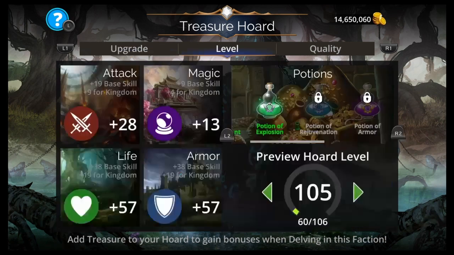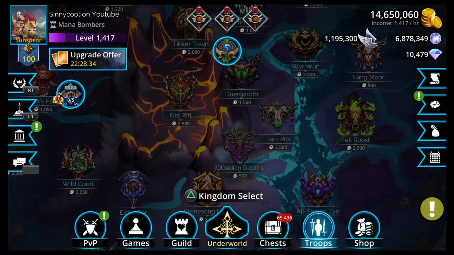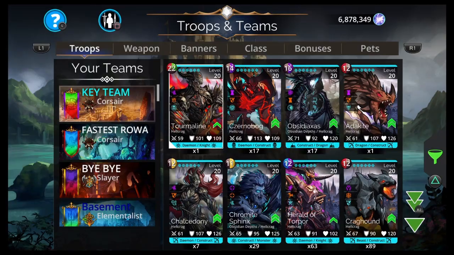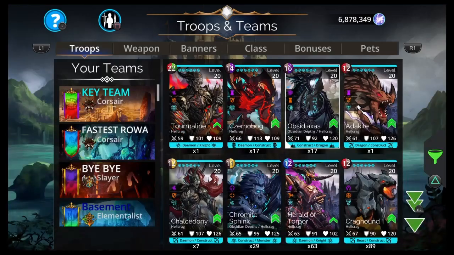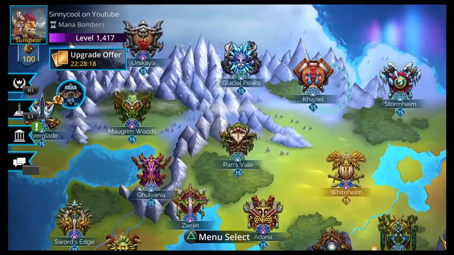We're on level 105. We need to go do our associated kingdom. We need to go check out what the associated kingdom is. It's probably... Anyway, you can go to your troops. You can go to just one of the Obsidian Depths troops. So Hellcrag is the Associated Kingdom. So now you want to go to Hellcrag, which is...